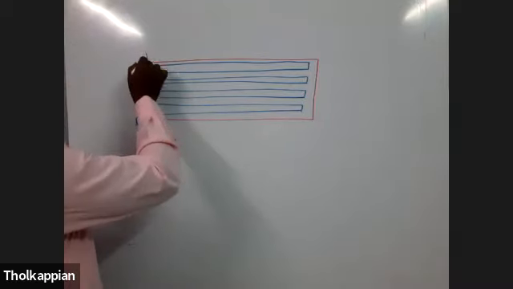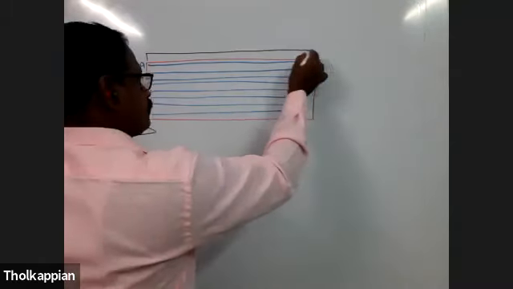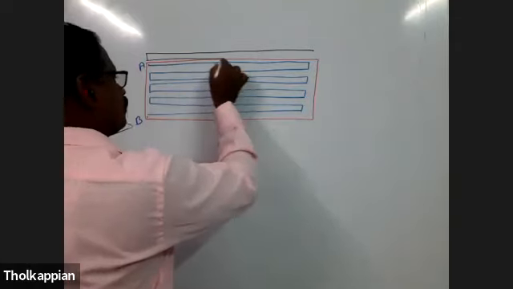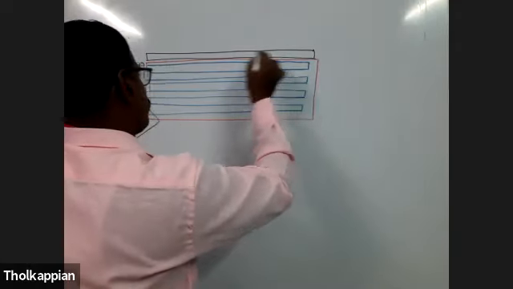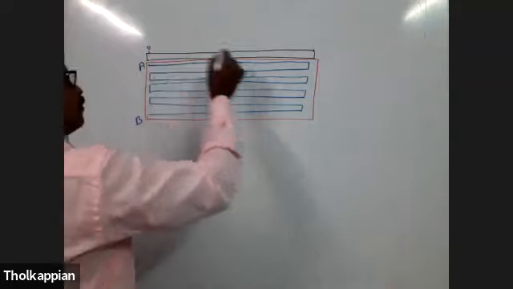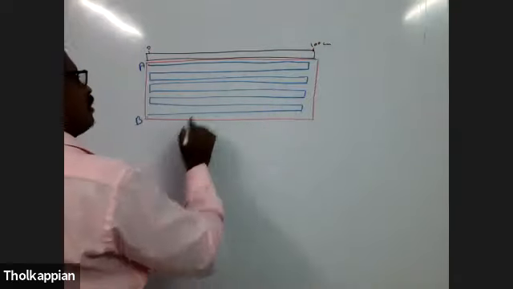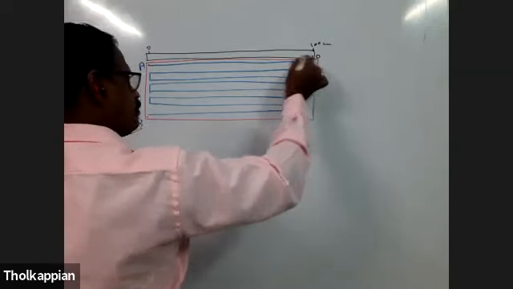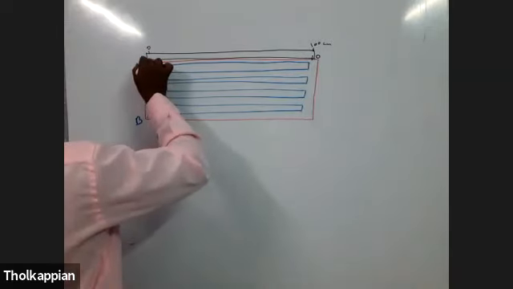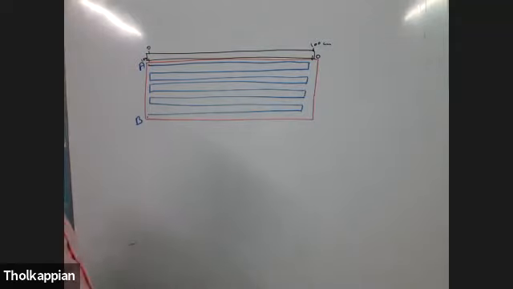One scale is provided here. In the scale, the reading is marked from here 0 to 100, that is in centimeters, a meter scale. And again it starts from here 0 to here 100. Both the readings are graduated in the scale.